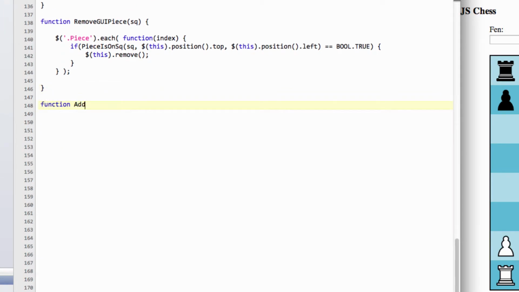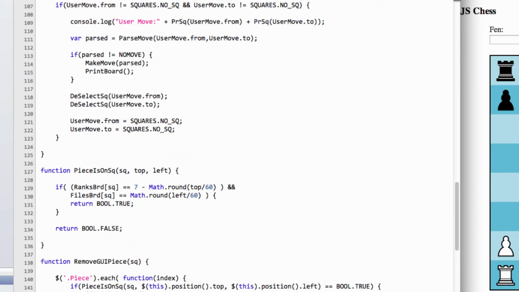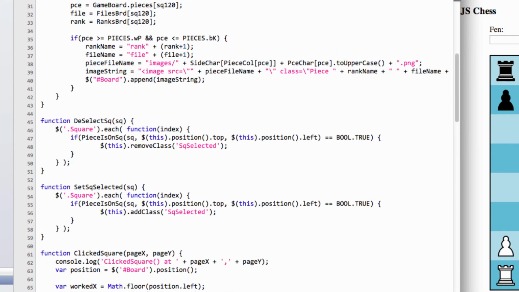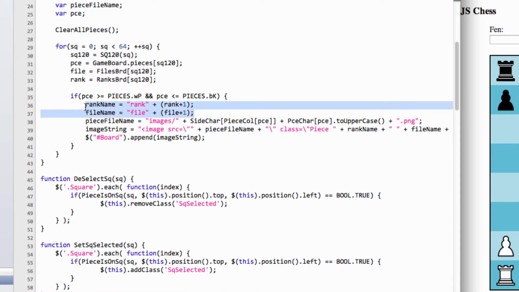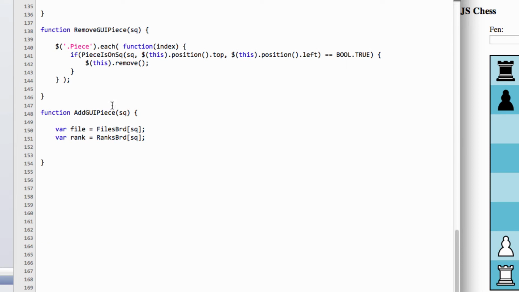So we'll say function add GUI piece, and we're adding to square, and it's slightly more involved, this one, because obviously we need to know where we're going to be adding it. So we'll say that file is equal to files board of square, and we'll say that rank is equal to ranks board of square. And this is stuff that's also been done before, and when I'm doing that I get the feeling that perhaps I should have written all this out into little individual functions, but never mind. So we get the rank name and the file name,